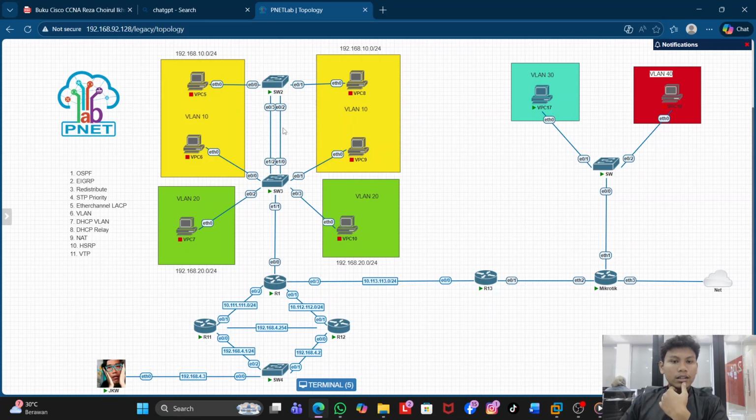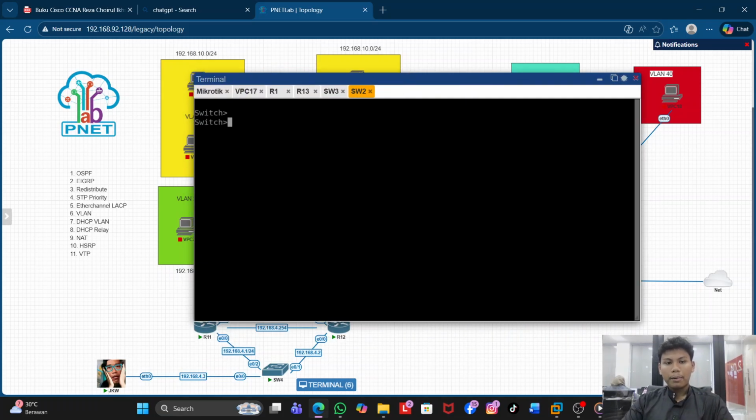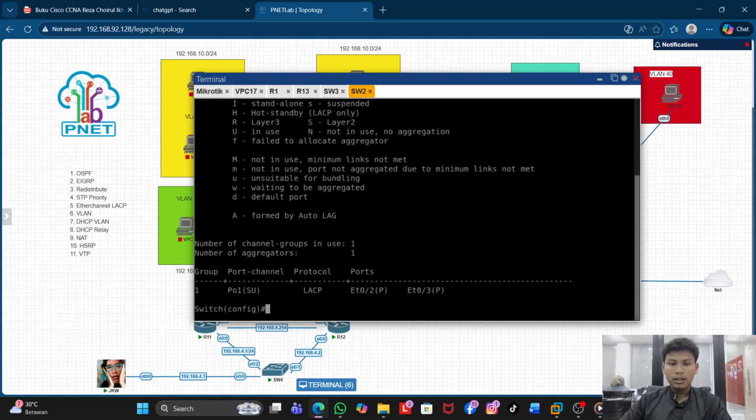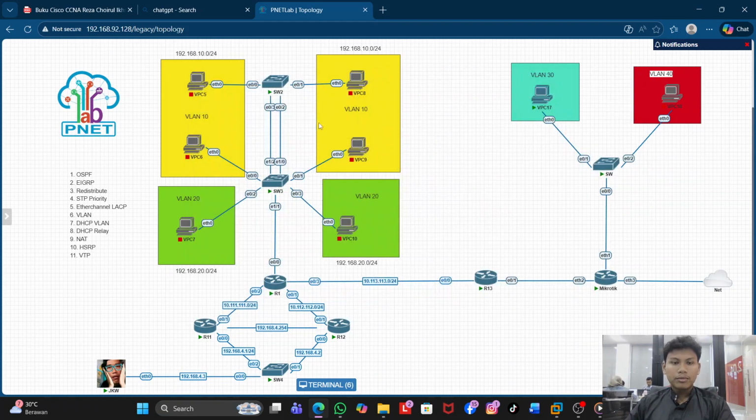I make this into one physical port using EtherChannel. So, show etherchannel summary. The protocol is LACP, and this switch becomes active and SW3 becomes passive.